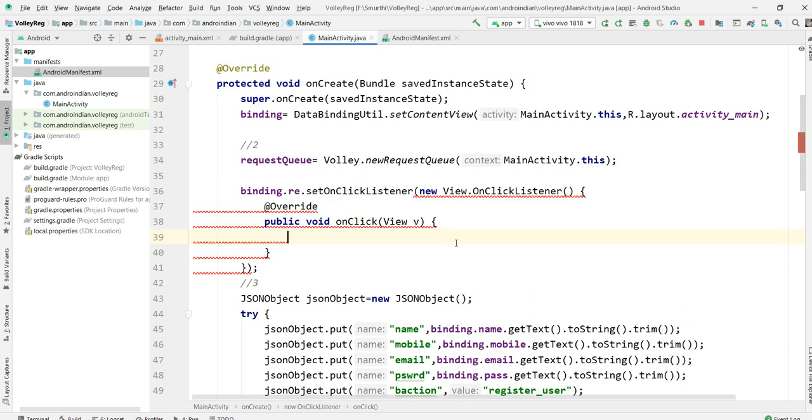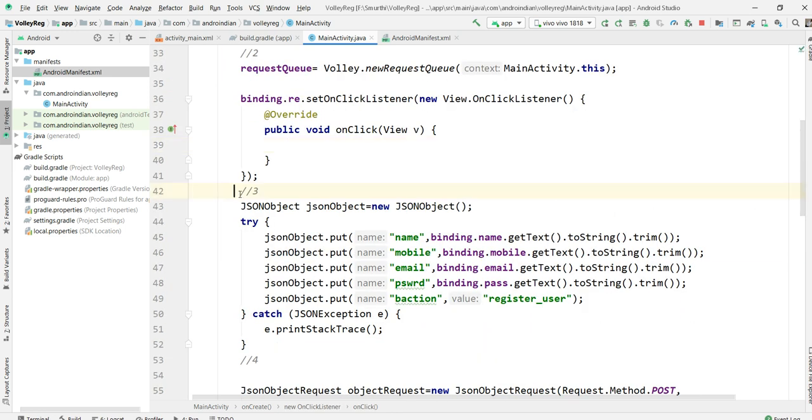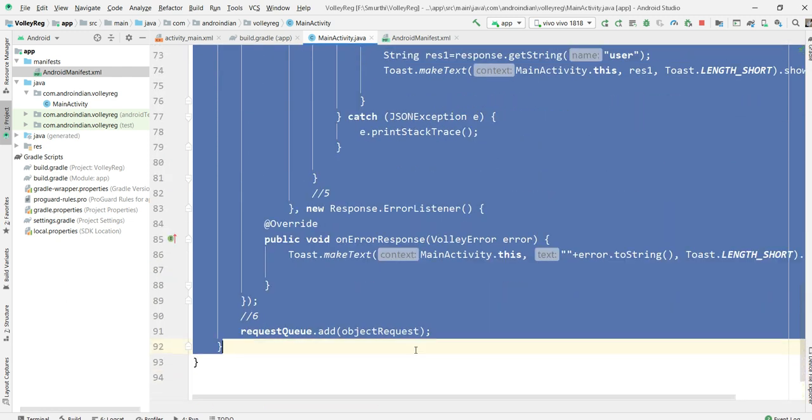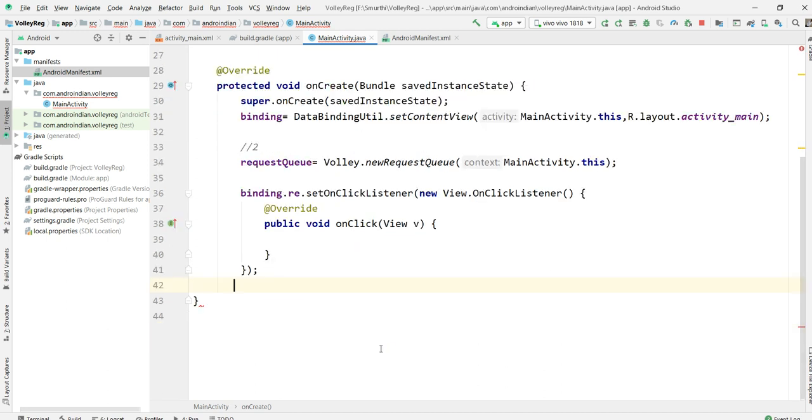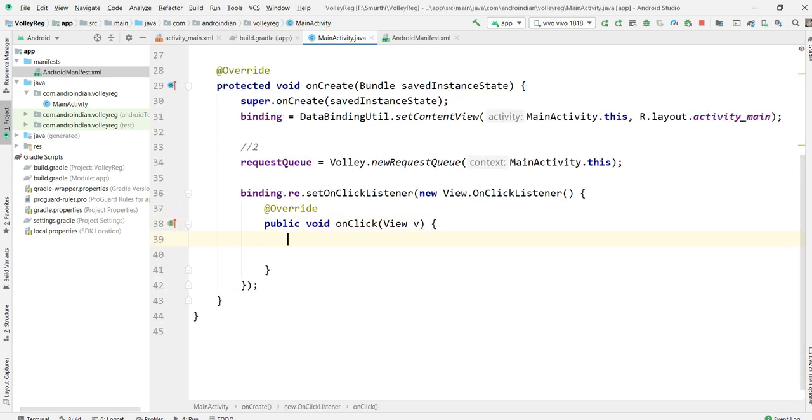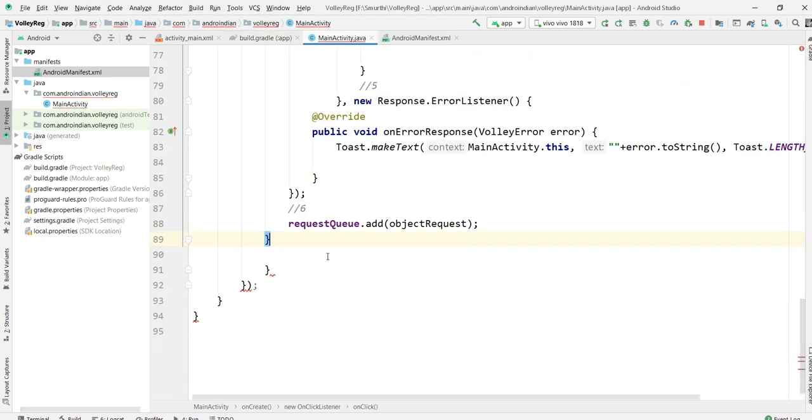Within this we need to write this. Now it was executing outside of that, so because of that it showed the error. Now we can post this and see.